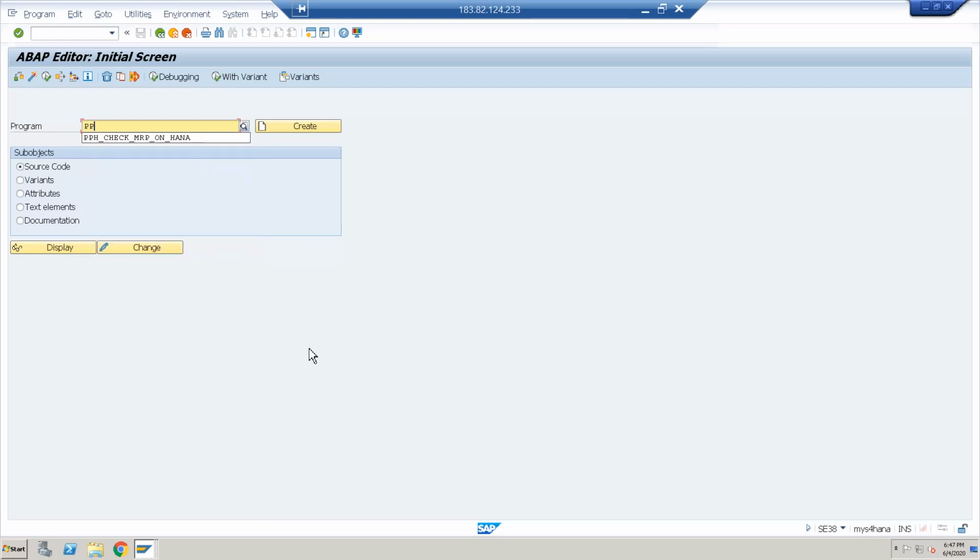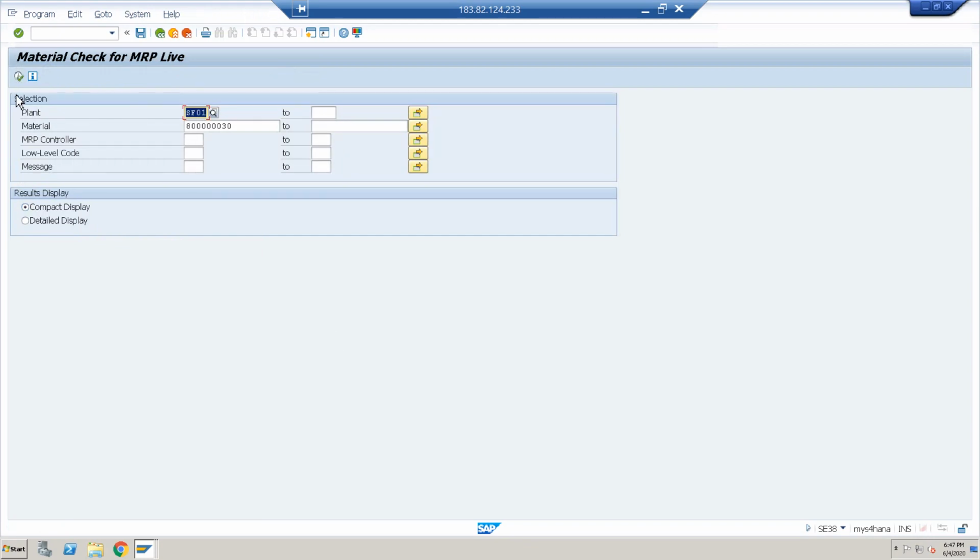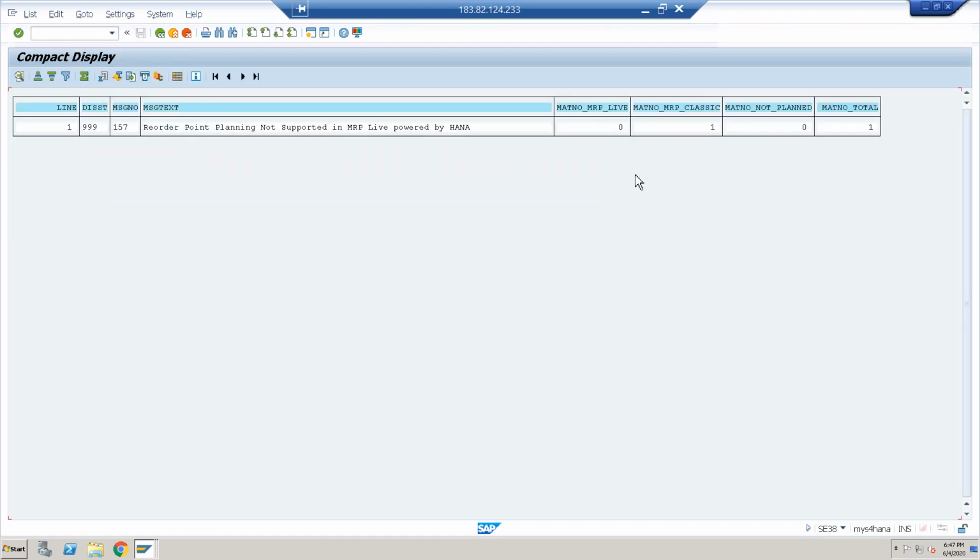Okay, let's check. Okay, this is the material. Look at this: reorder point is not supported in MRP Live by supported HANA.